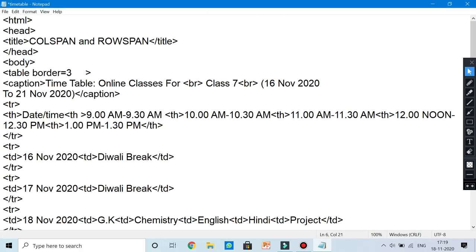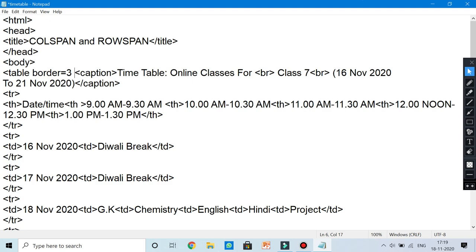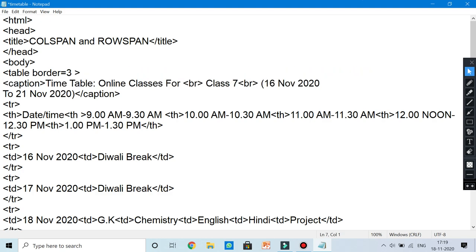HTML, head, colspan rowspan as a title, and as you see here, the body has no attribute, and I have used only a single attribute of table, that is border, then caption, and in between I have used the BR tag to give breaks in the sentence.